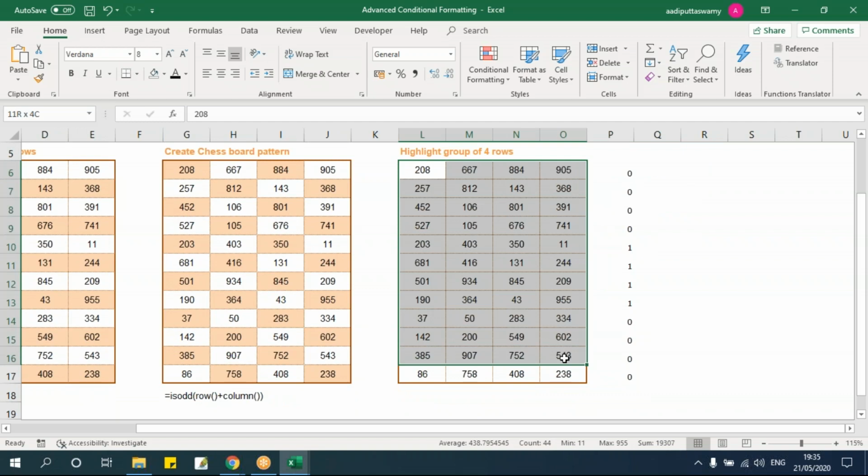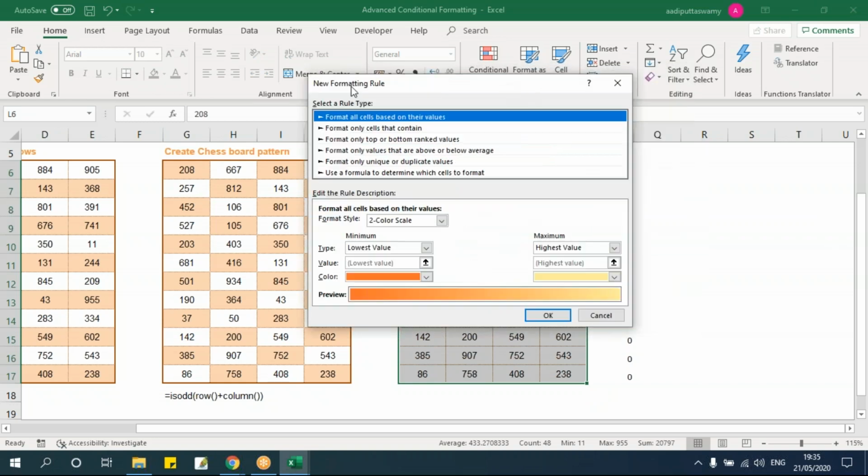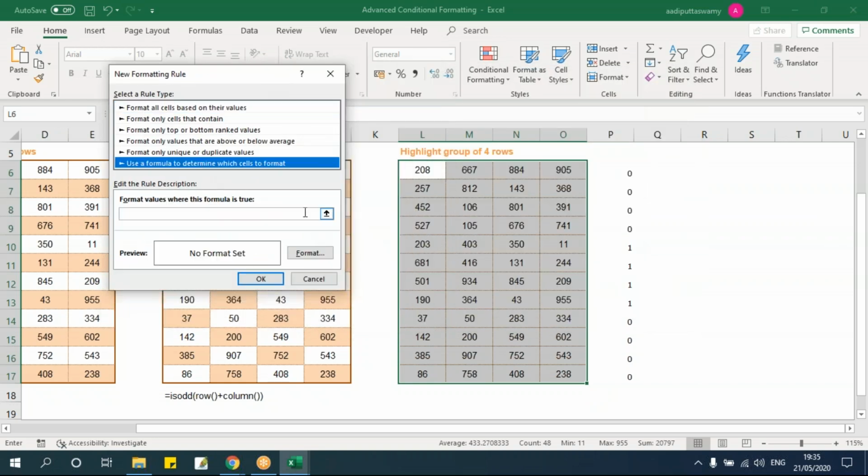Let me select this and then I'll go to conditional formatting, new rule, I'll say formula. Here I'll say equals this. Here I'll take only the column to be fixed, and I'll say equals 1.